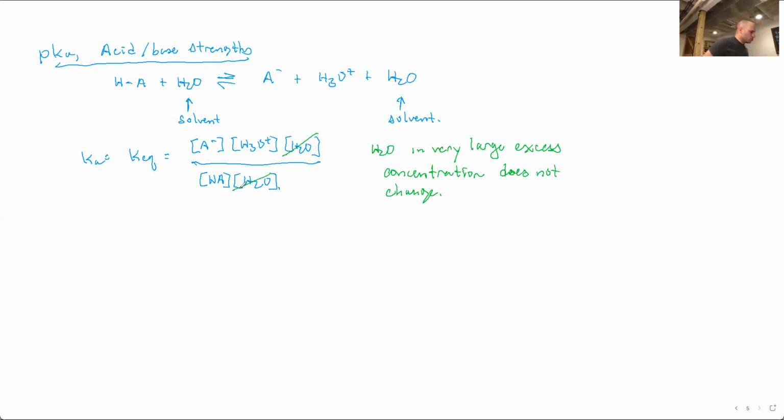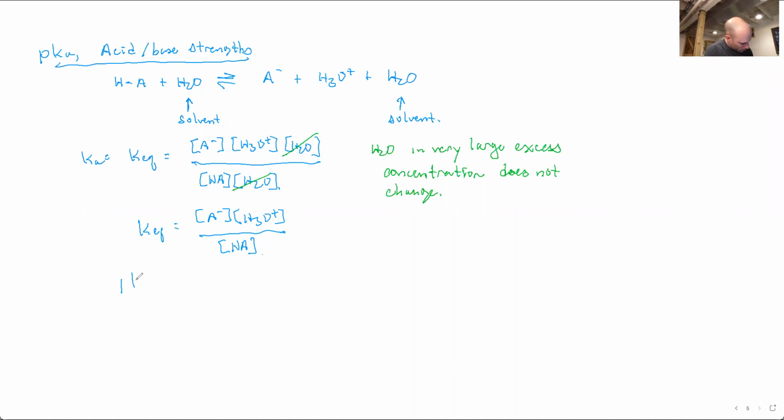And so the KEQ, again, is the concentration of A minus times H3O plus divided by the concentration of HA,